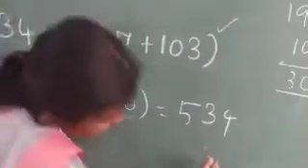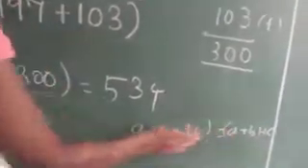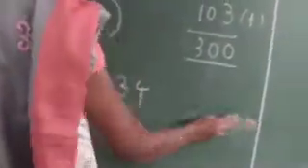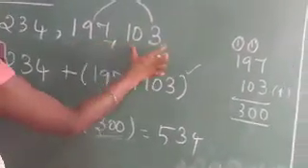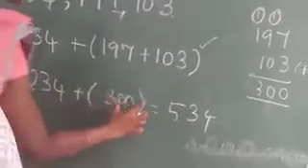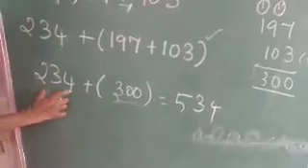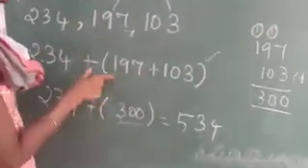So what is the associative property? A plus of B plus C is equal to A plus B plus C. So the LHS part only we have done here. There is no need to prove the RHS. You just understand by which property we have used here. So here we used the associative property. That is, the second number and the third number I have grouped here, and I find the addition of these two numbers and then I add it to this number. So this is how you have to apply the properties while adding, subtracting or multiplying.